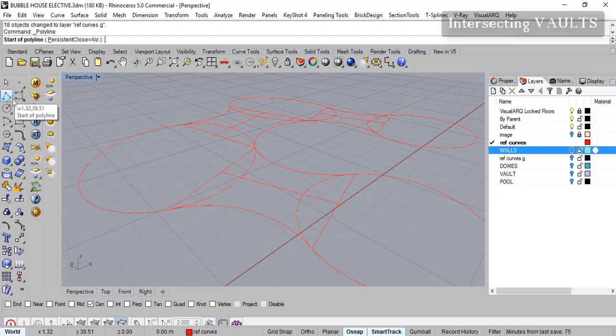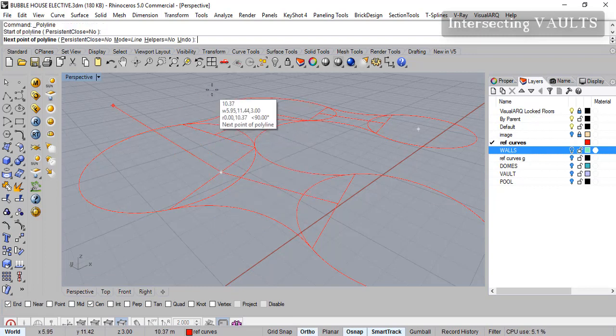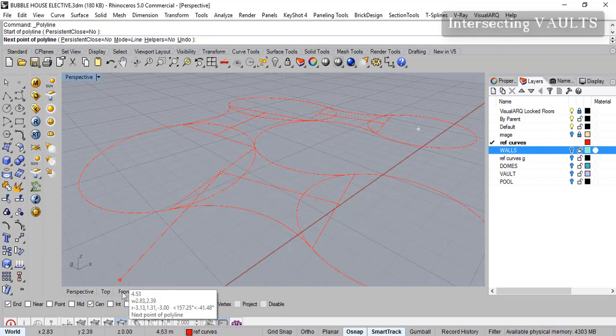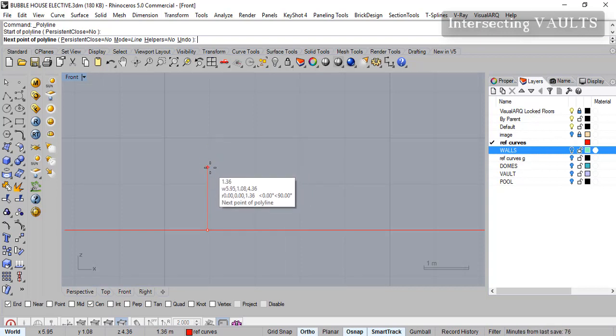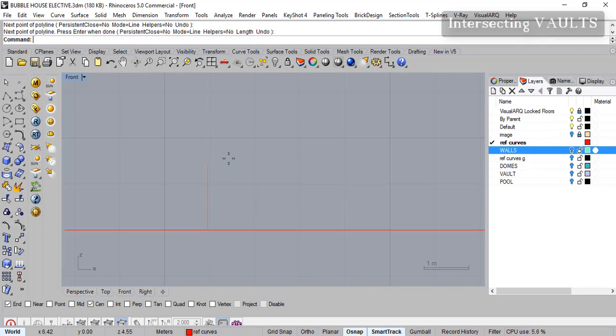So then we'll start drawing a line from here. Make sure you're on ref curves, and you put the end on here, come here, and then I can't restrict this in the perspective mode. I can't exactly keep this vertical, except that I'll have to write some dimensions here. So I'll start drawing here and then go to the front mode. We know that the dome is 2 grids up, so my vault will have to be a little shorter than that if it needs to connect with the domes. It can't be higher than that, so it has to be shorter. So approximately about this height I will draw the line,